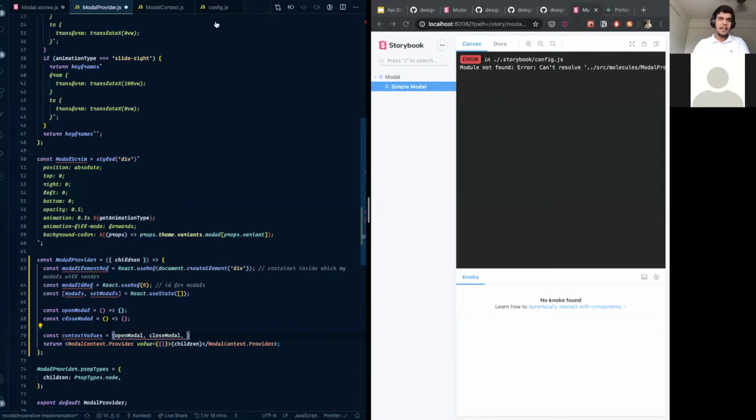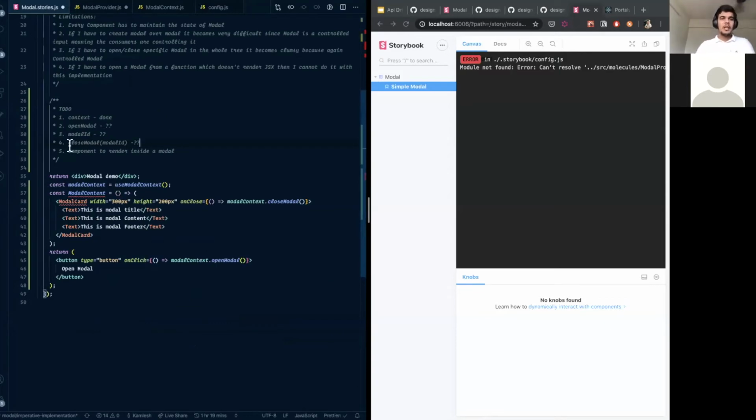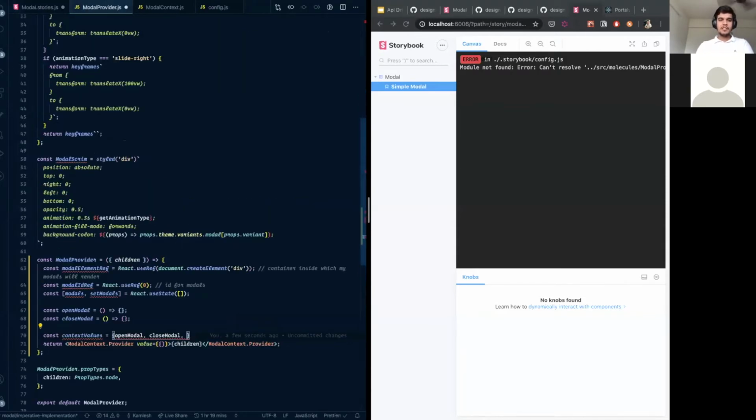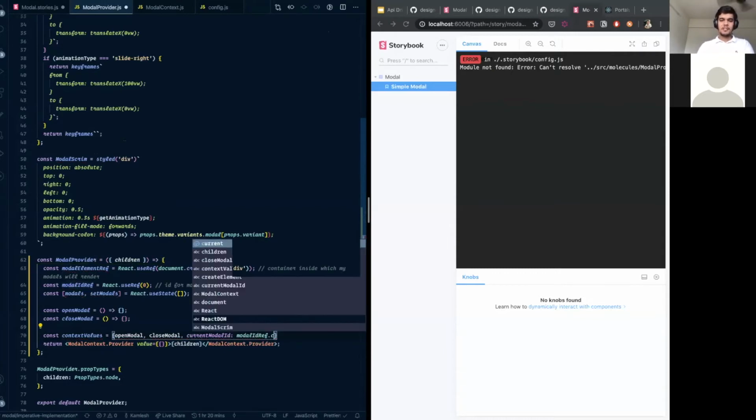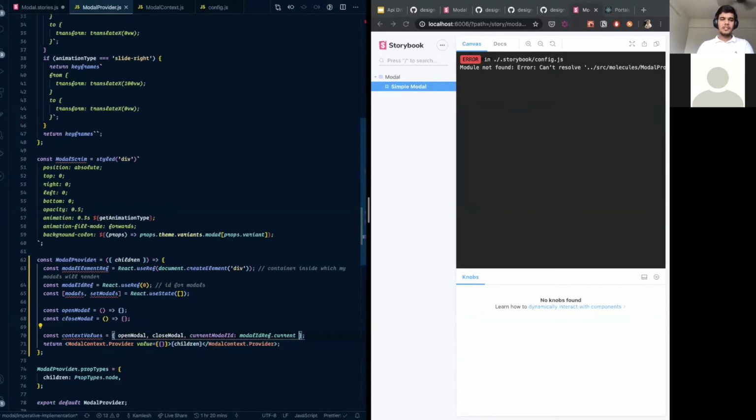And remember, I also mentioned that we need a current modal ID, like what is the current ID in the stack, right? So it's like current modal ID. Now this is nothing but I'll be passing this dot current.